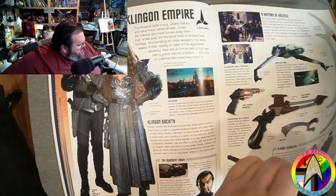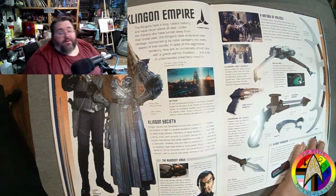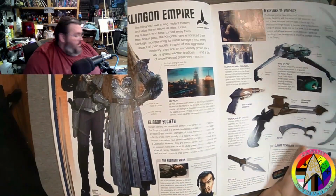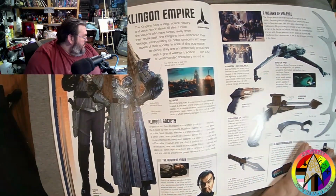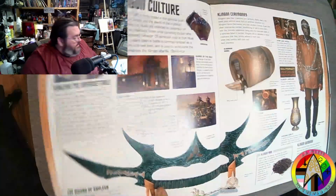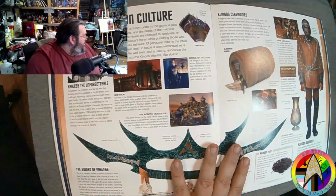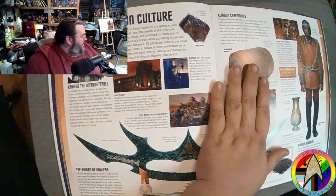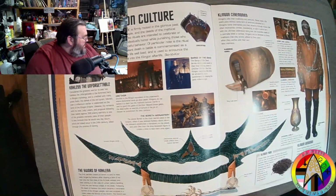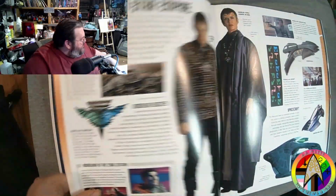Yeah, there's a whole other, we get a 4-page spread on the Klingons. So we get to look at some of their guns, which I'm sure that my buddy Mike, he'd be like, oh, that gun looks cheap and stupid. Yeah, Mike, thanks. More stuff about the Klingons and the ceremonies that they have and the ridiculous knee-high boots that they wear for their weddings. And then we get into the Romulans,